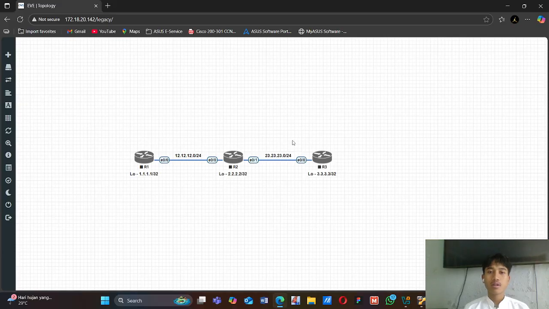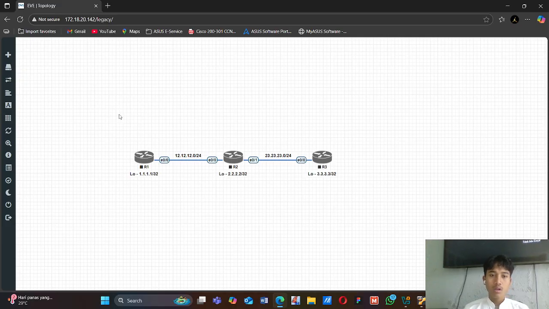But OSPF is a link state routing protocol that searches for the best path to the destination using the Dijkstra algorithm, by looking at the minimum cost. The way that has the lowest cost will be the best path for going to the destination.